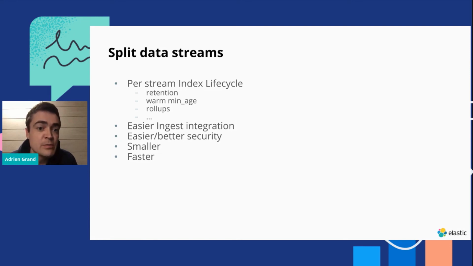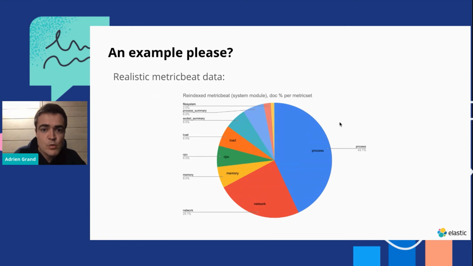Split data streams are smaller and they're faster. And those are two parts that you're likely very interested in that we're going to dig into now. So can you go to the next slide, please? So we've been looking at a data set of metrics, and here you can see the distribution of the types of data we have in that data set, but that's not the thing you're interested in. What you're interested in is the next slide,